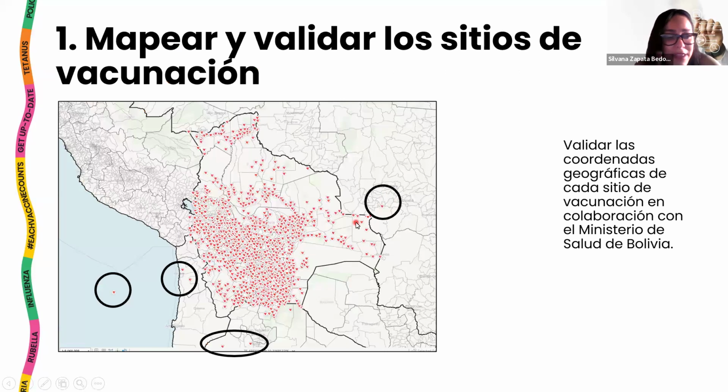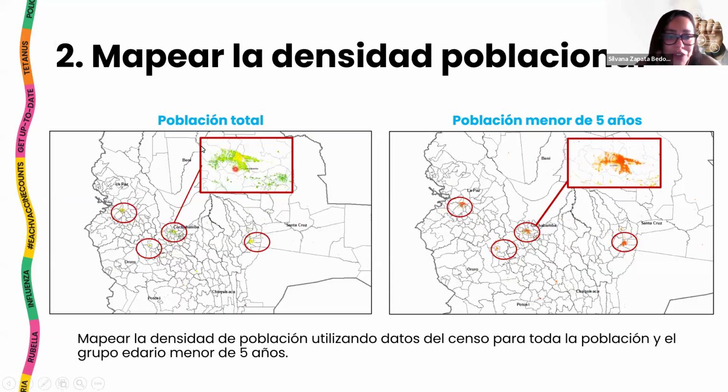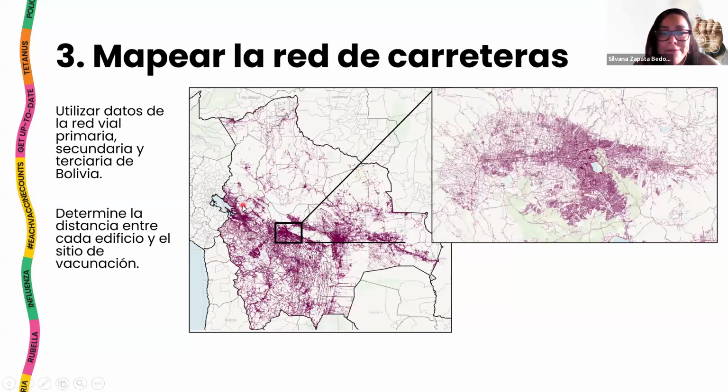An adjustment for all the vaccination points, and this is the final result, and the population, and imagine the satellite total for under 5 years, and the identification of 100